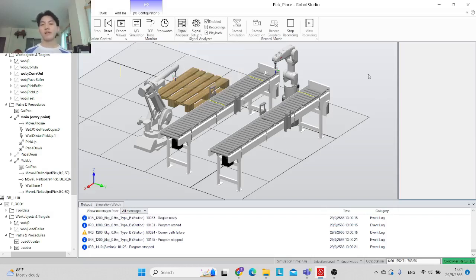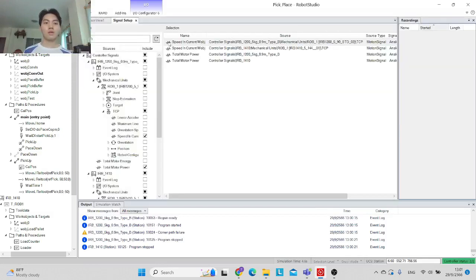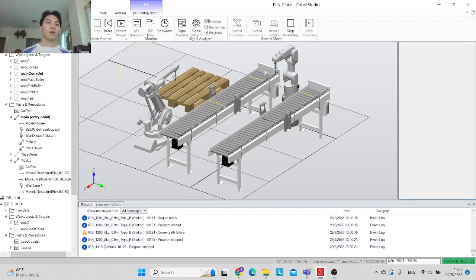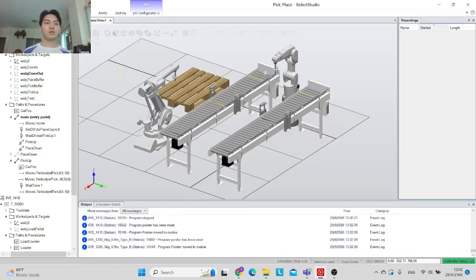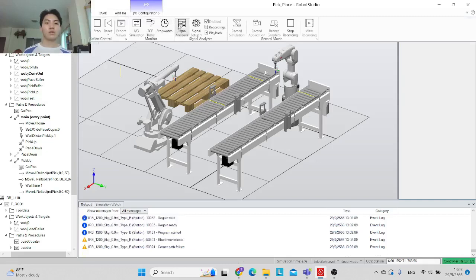The signal analyzer is a graph to show the operation of the work, like a work cycle, like a velocity, like a power that is used on this working. So we have to set up the signal. So in this case, I'll show the total model power and the speed of the work. Alright, and then we click on play simulation, and then we show the signal analyzer,